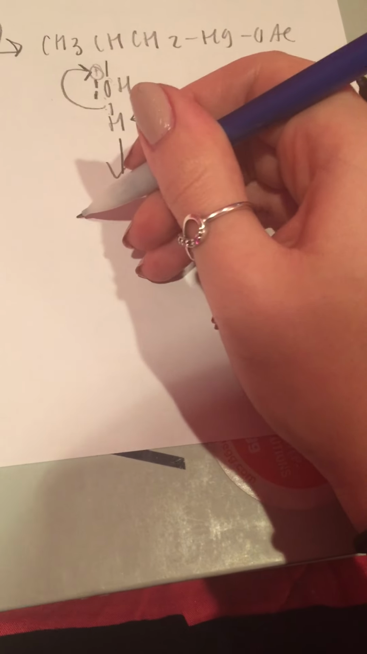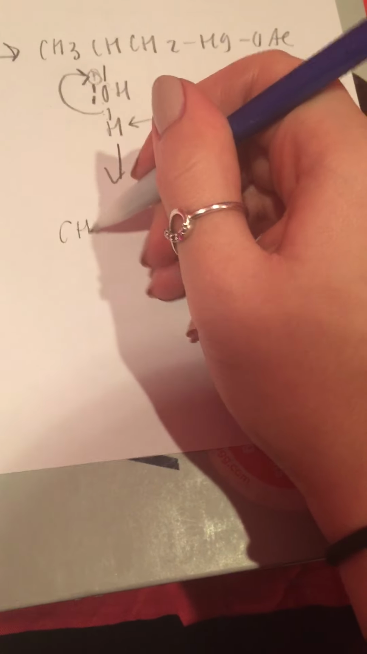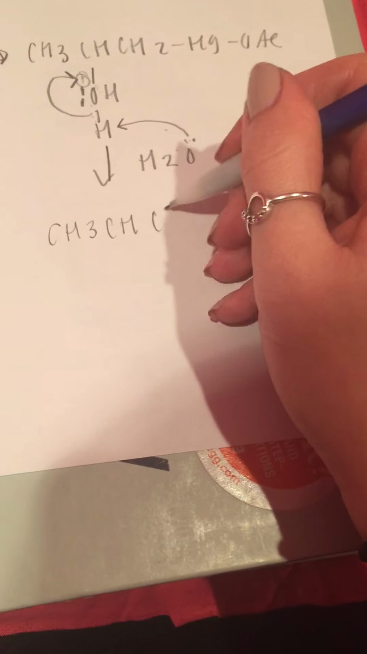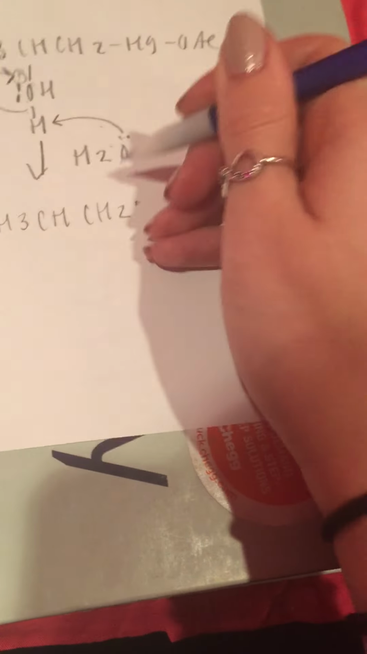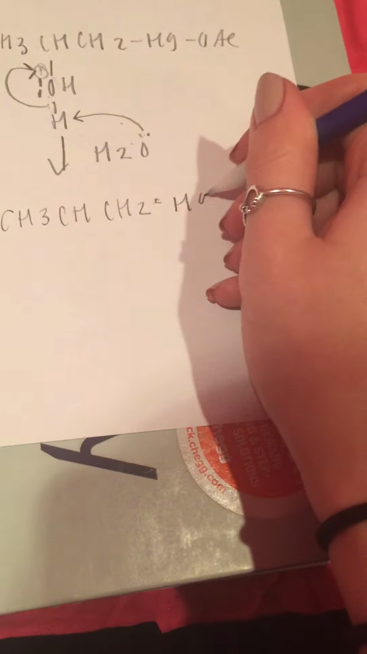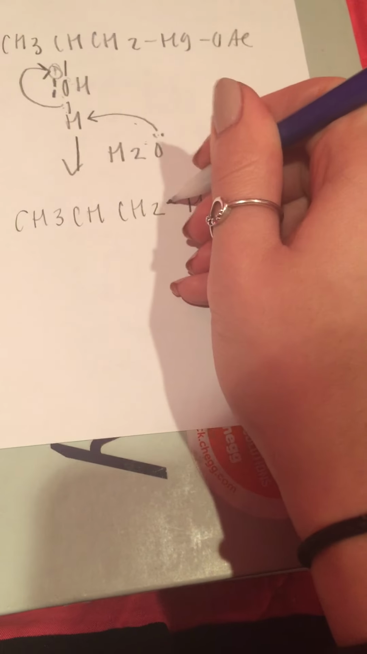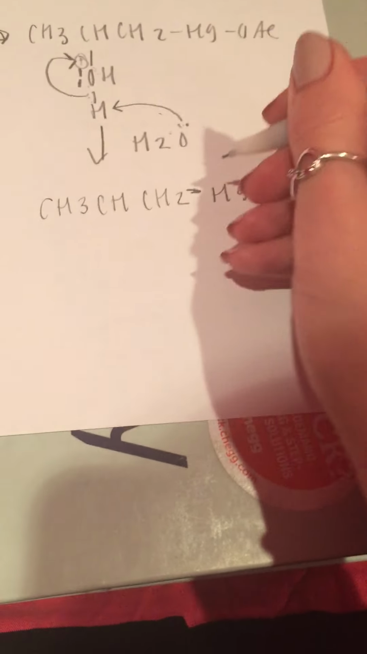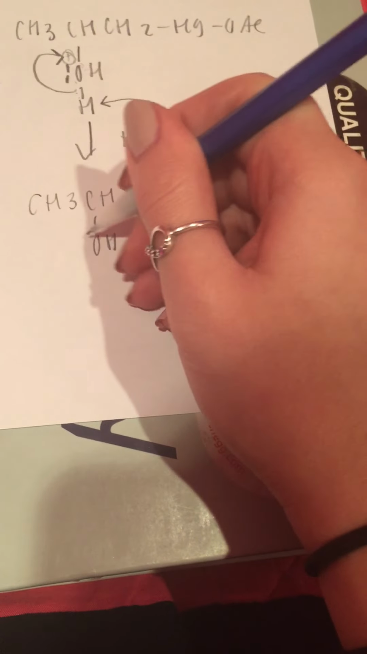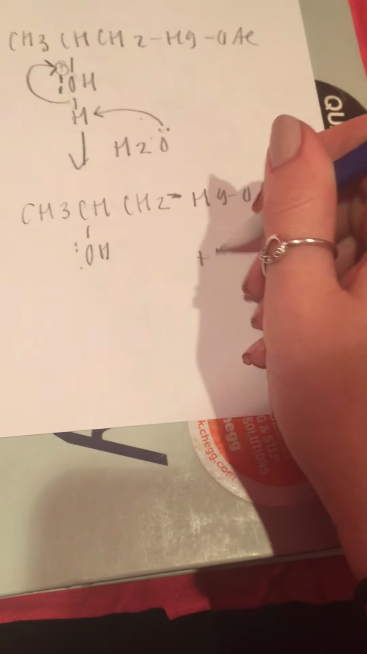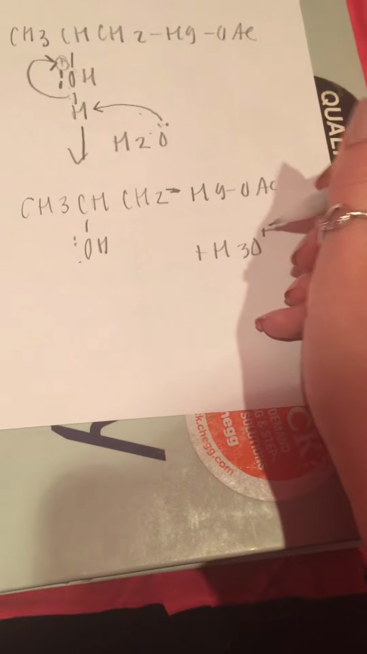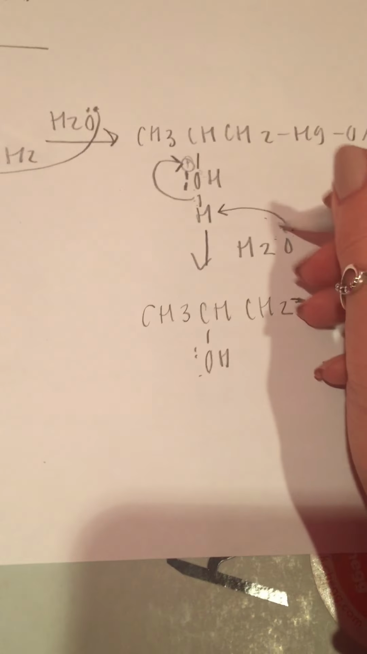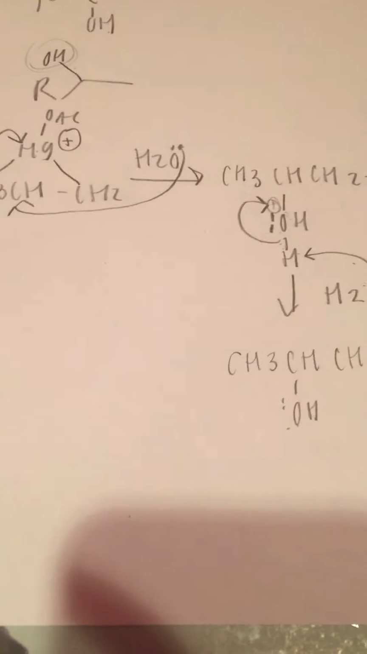So then, your final product would be your CH3, CH, CH2, whoops, HgOAc, I'm sorry, that's a single bond here, and this goes down to your alcohol group, plus your H3O+ from the previous step here. So basically, the oxymercuration is not that hard of a mechanism once you redo it a couple times and understand